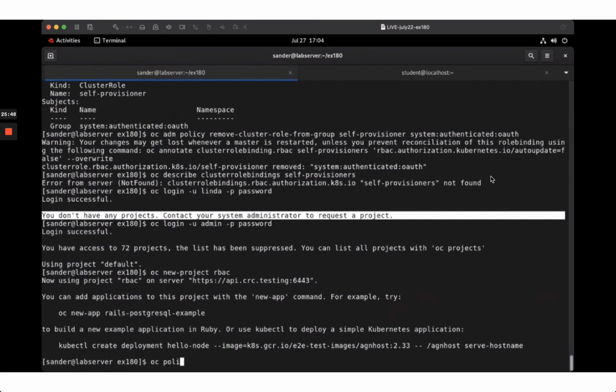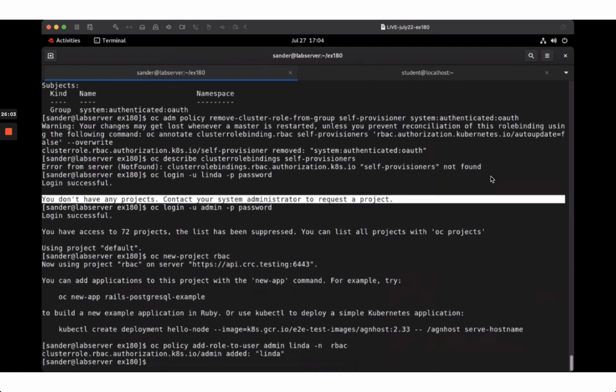So oc policy add-role-to-user admin linda -n rbac. Which is doing what? Well, this is making sure that user Linda has admin privileges on the